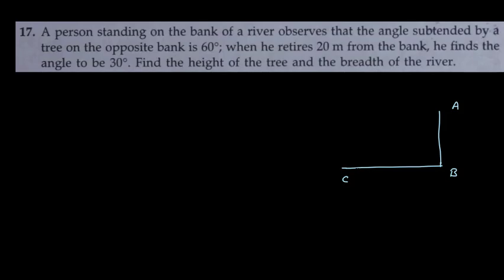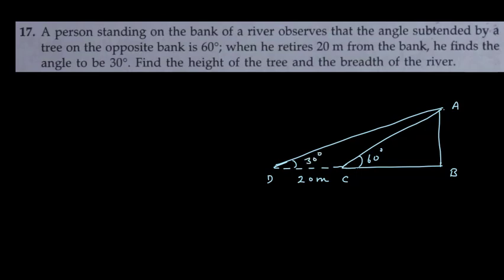So from one end, if he sees the top of the tree, it is at an angle of 60 degree. Then he moves back by 20 meter, this is 20 meter. And from here when he looks at the top, the angle which is made